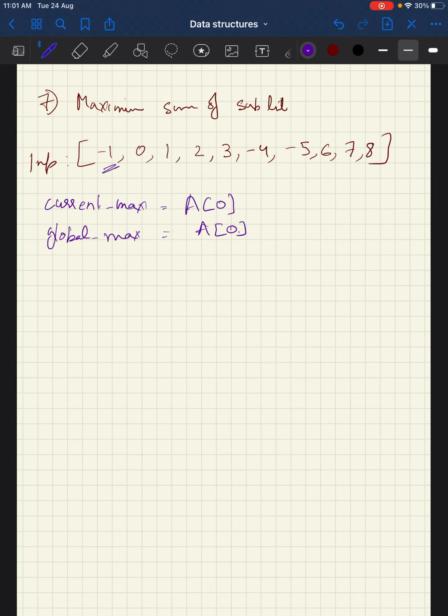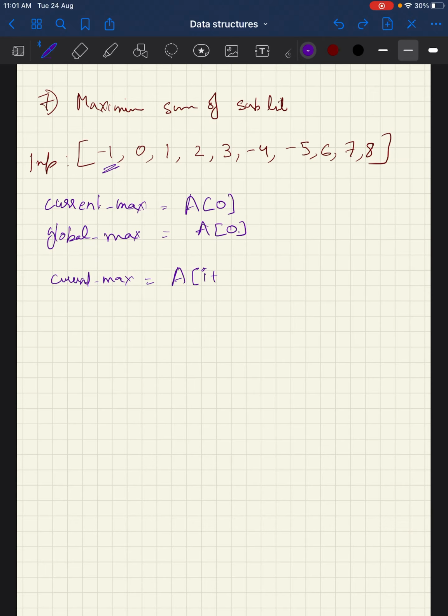If it is lesser than 0, as in this case, then there is probably no point in considering it, right? So we can have a reinitialization of current max. If it is lesser than 0, then I would probably reinitialize it to whatever is my index plus 1, or let's say if I am iterating from 0, I will probably use this.